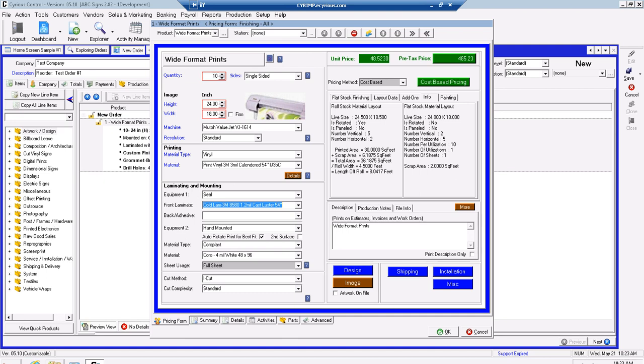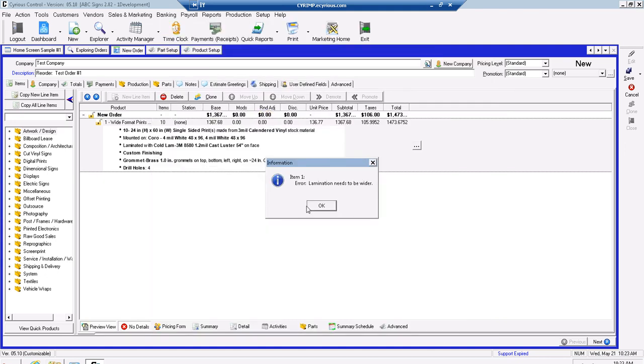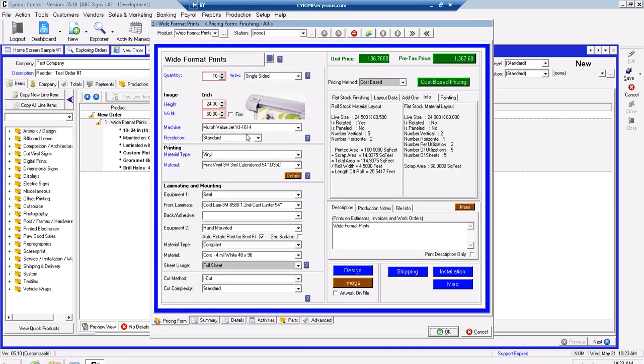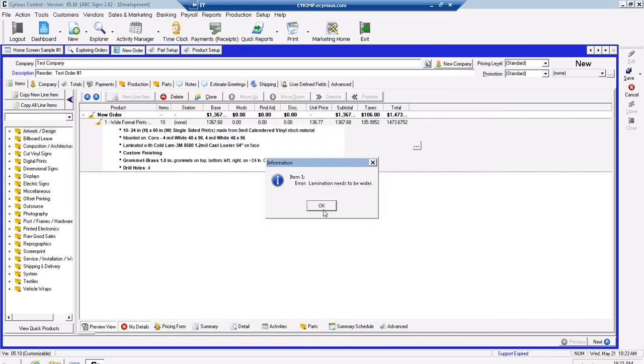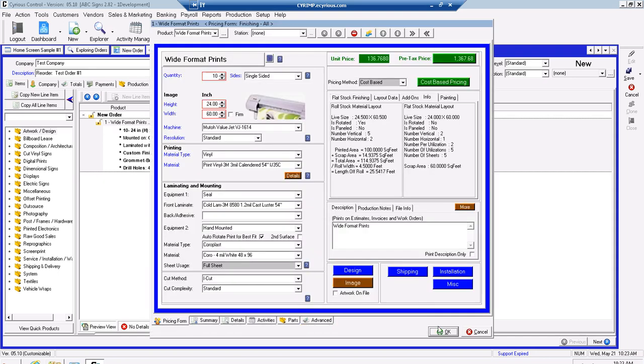Actually, let's say our width is greater than our laminate, so our width is 60 inches. Click OK. The lamination needs to be wider, and it won't let you go beyond that until you correct it. Very cool. To where if it was under 54,